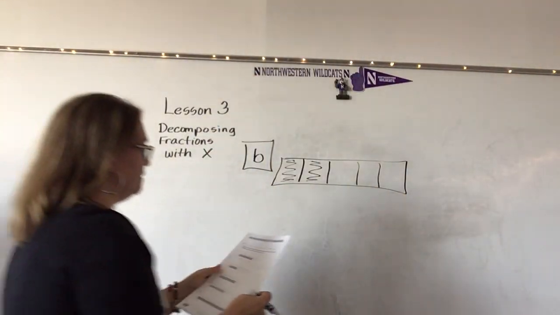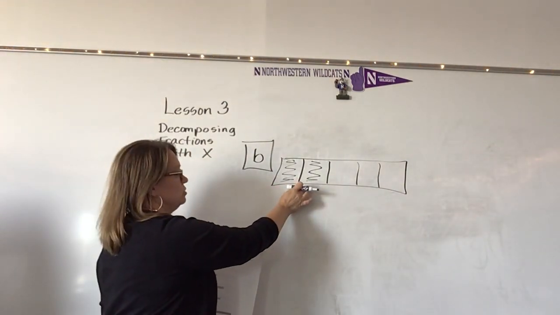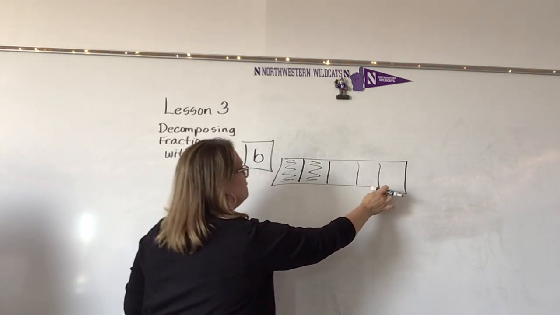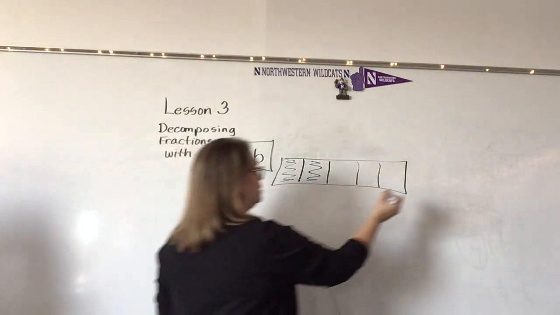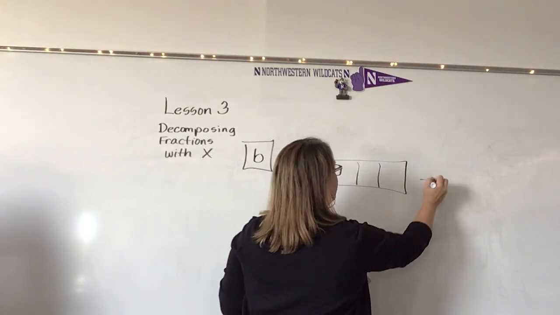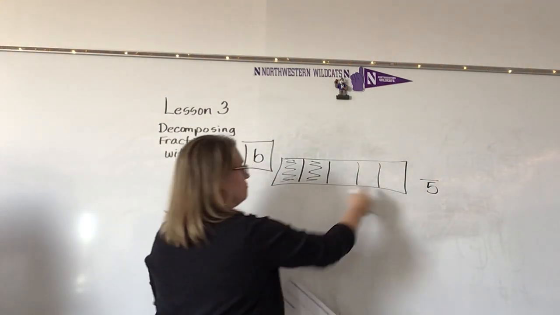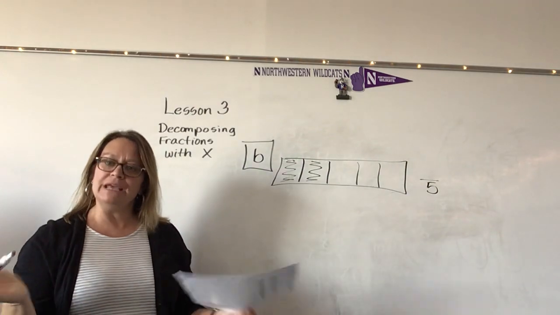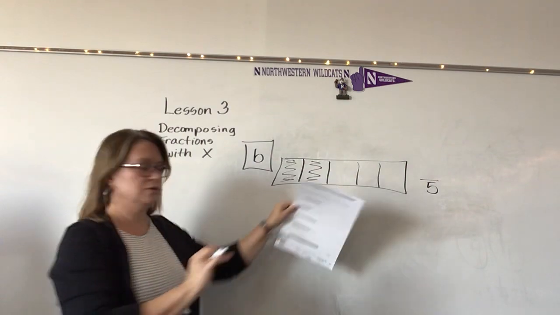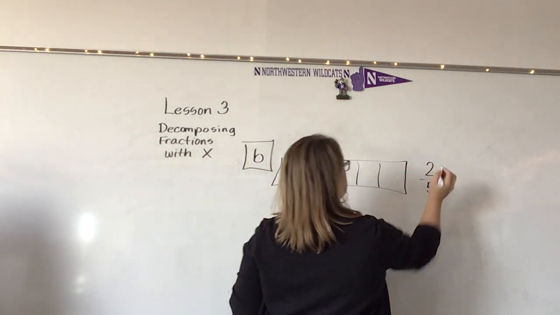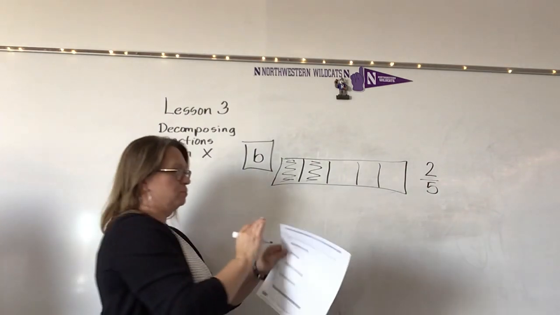So if I look at these, I have 1, 2, 3, 4, 5 sections of my tape diagram. That always tells you that your bottom number is going to be 5. Why? Because it's in 1, 2, 3, 4, 5 parts. Well, how many are filled in? 1, 2. So 2/5. 2/5 of this tape diagram are filled in for letter B. That would be, if you break it apart,